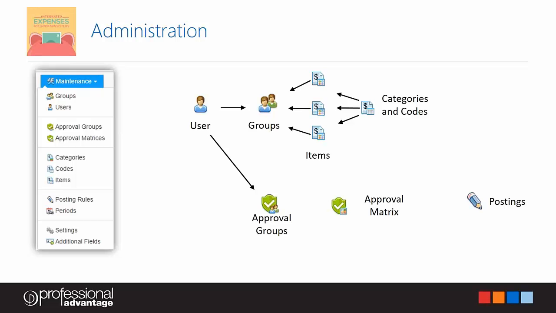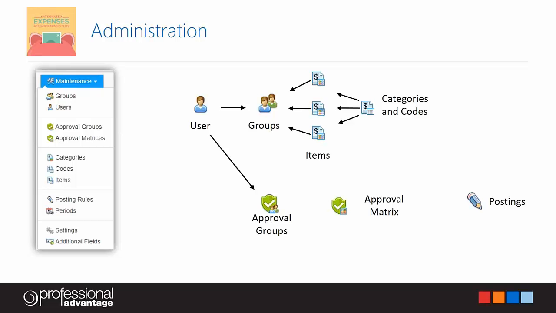In addition to attaching a user to a group, you're also able to attach users to approval groups. So you would go in and define your expense approval matrix, and against each line you define the approval group. So against this particular set of criteria, these are the people who I want to be able to approve it. And then once you raise an expense claim, the system will apply the expense